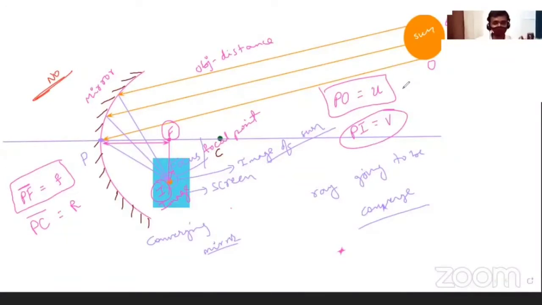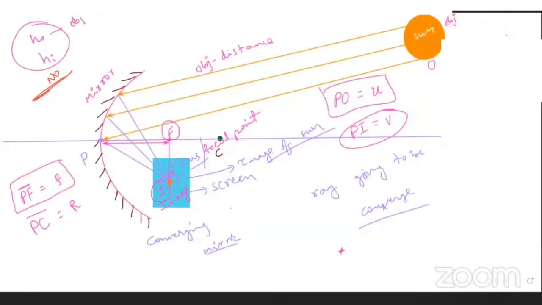So these are called parameters: focal length, radius of curvature, object distance, image distance, and two more there. These are h0 and hi. What are these? Height of the object and height of the image. O stands for object, I stands for image, and h is used to represent height. So h0, hi. These are said to be parameters. But all the terminology related to the spherical mirror